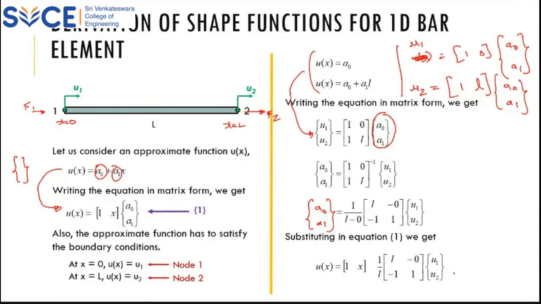Okay. Now, when I substitute it inside and multiply all these terms, you get something like this. So these two terms I'm multiplying: this is 1 cross 2 and this is 2 cross 2. So what you'll get is a 1 cross 2 matrix. Okay, so we are getting something like this.